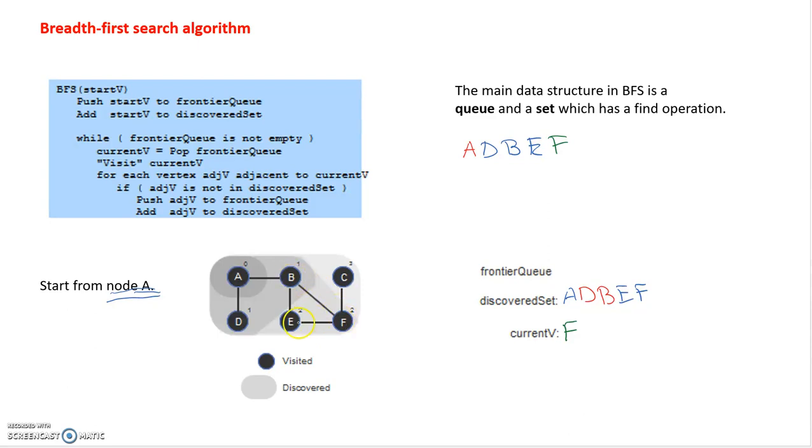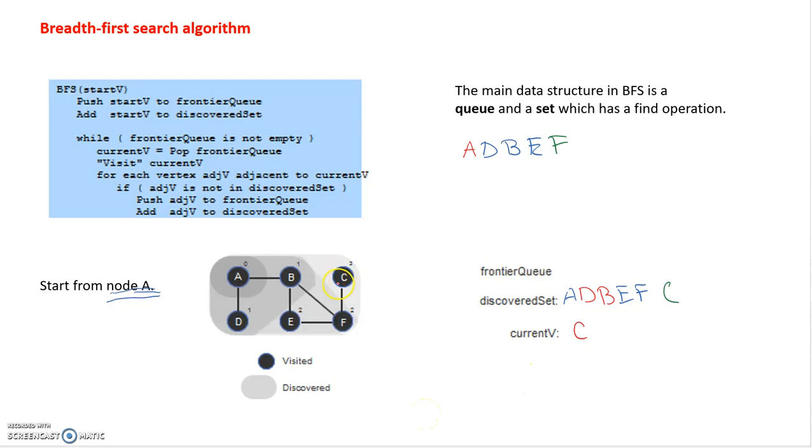B is adjacent to F, E is adjacent to F and C is adjacent to F. B is already in the discovered set, E is already in the discovered set, but C isn't. So what we do, we push C into the frontier queue and also add it to the discovered set. You go back to the top of the while loop, frontier queue is still not empty. We pop it, place it as the current V,